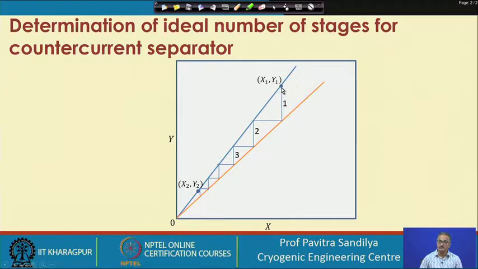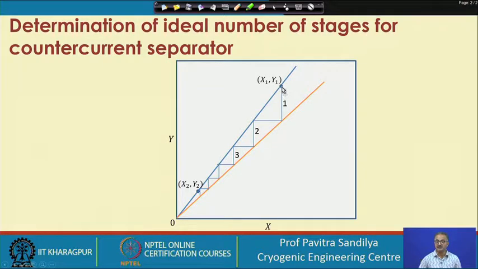What we do is first draw again the equilibrium curve, and then we draw this operating line. Then, let's suppose we start from x1, y1 and drop down to this equilibrium curve, and then we keep on doing the staircase to go to the next level, moving this way. Wherever we cross this particular given composition, we take this small fraction. That means out of the whole equilibrium stage, we shall be considering only the small fraction over here. This is the same thing we did for the binary distillation column separation using the McCabe-Thiele method. In a similar fashion, we count the number of equilibrium or ideal stages